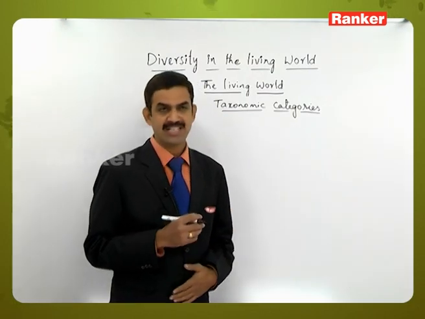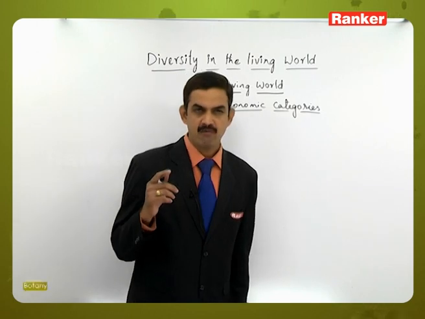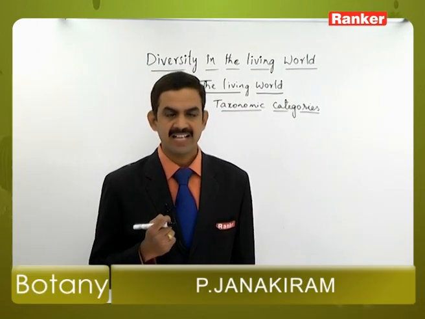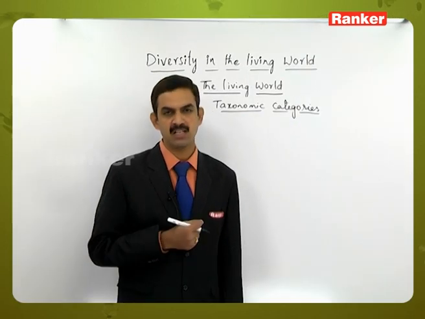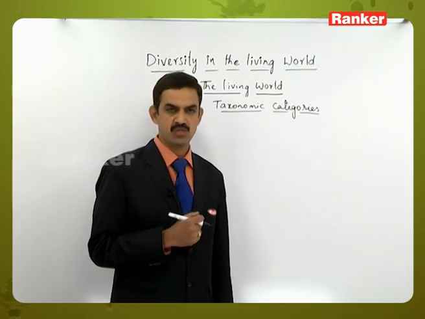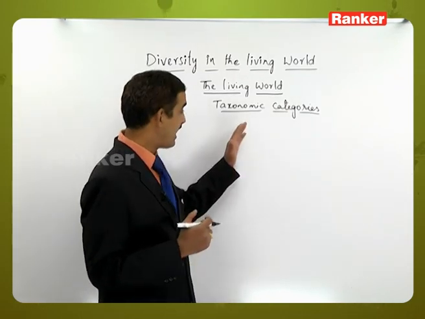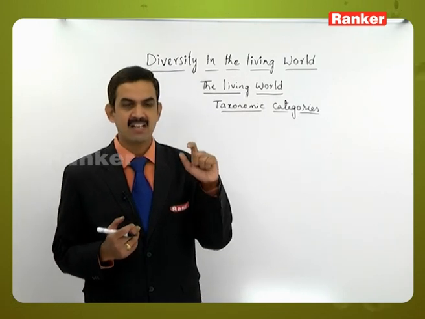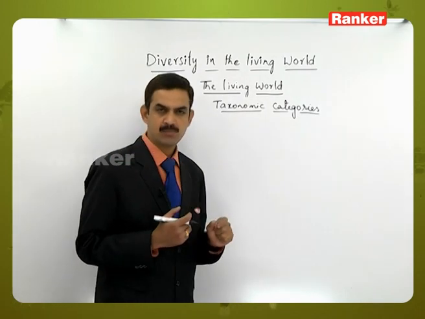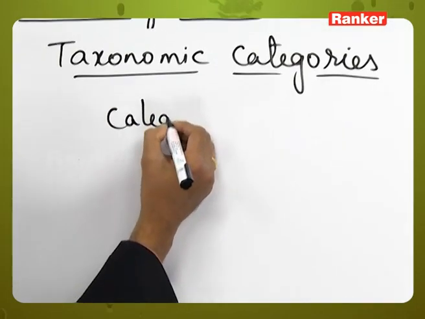Next one, taxonomic categories. We have already discussed that classification has been done, and when we are classifying, we consider the characteristic features and also the evolutionary relationships existing between the particular plant groups or individuals. In the evolutionary aspect, changes may take place, and by considering those changes also, we categorize the living organisms or plants into various groups. Here we use the word category